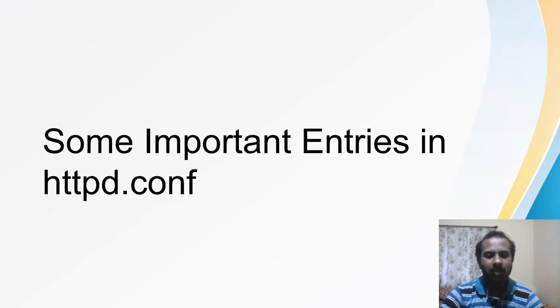Now let us see some of the important directives, or the entries, in the httpd.conf. As I already mentioned, httpd.conf is the main configuration file. You can use other configuration files also, that is srm.conf and access.conf. We have different types of configuration files. We can use them also, but the httpd.conf file will be present with you even if you are using